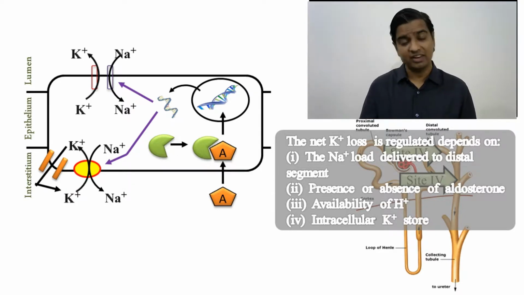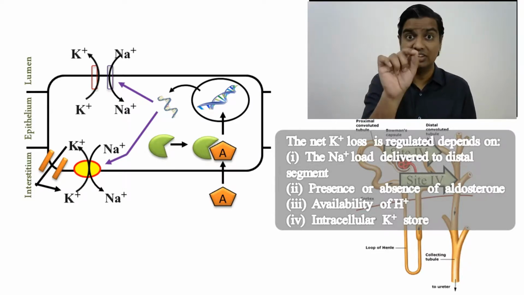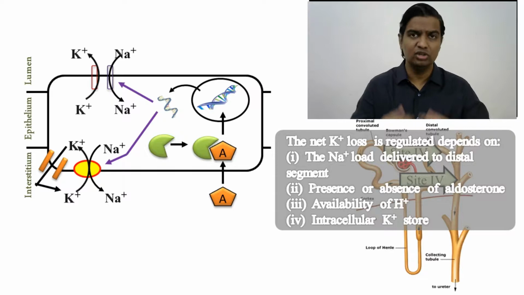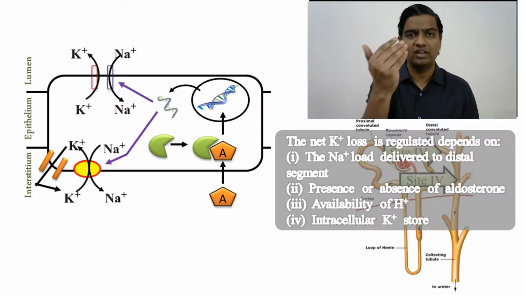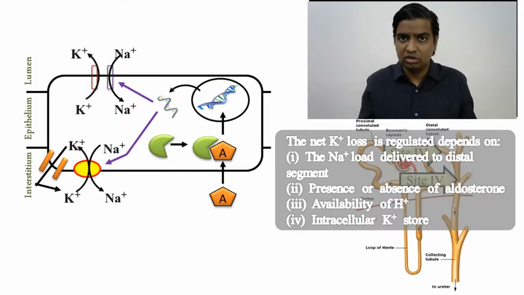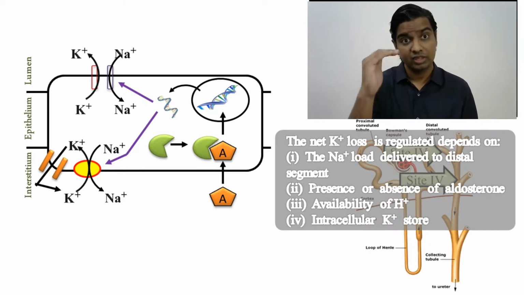Will it be as effective as site 2 and site 3? Definitely not. And that's the reason why drugs that work here at site 4 are called low efficacy diuretics or adjuvant diuretics. Well, there's one more method. Can I block aldosterone? Can I block the aldosterone receptor? Of course, yes. If you block the aldosterone receptor, the DNA will not get converted into RNA. RNA will not give rise to aldosterone-induced protein. No aldosterone-induced proteins, no exchange offer. So sodium will remain inside the lumen.